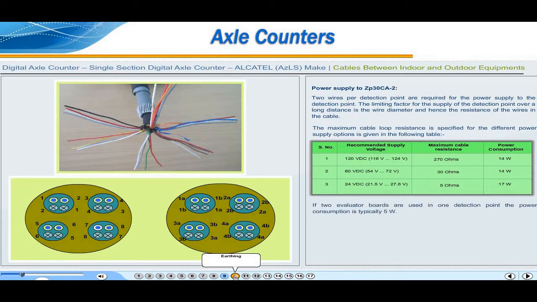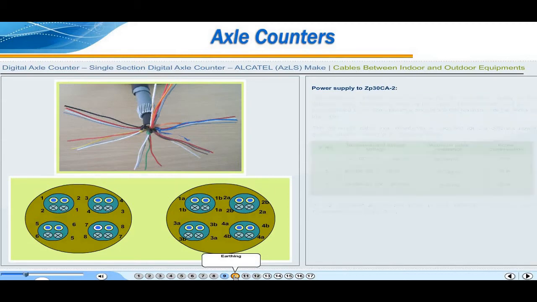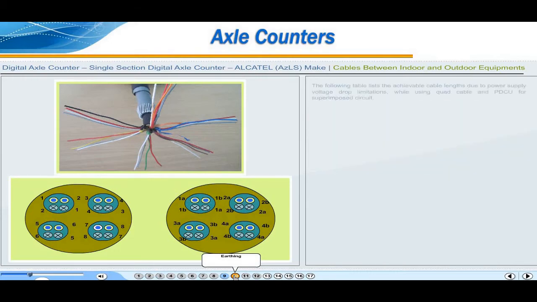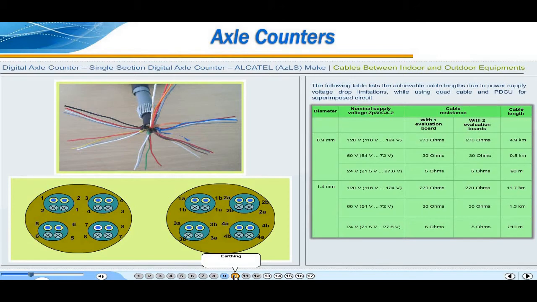If 2 evaluator boards are used in one detection point, the power consumption is typically 5 watts. The following table lists common wire sizes and their resistance per kilometer. The following table lists the achievable cable lengths due to power supply voltage drop limitations. While using quad cable and PDCU for superimposed circuit,